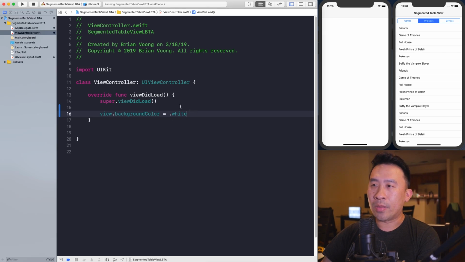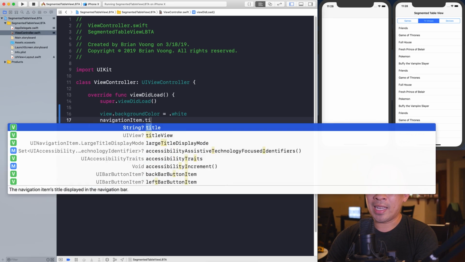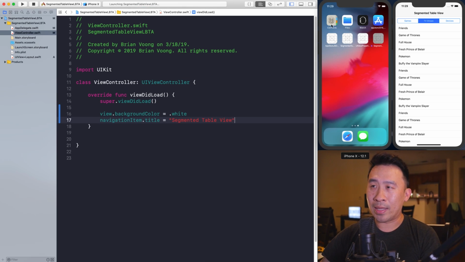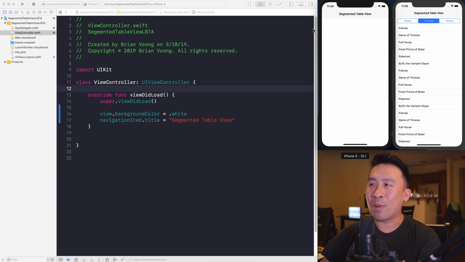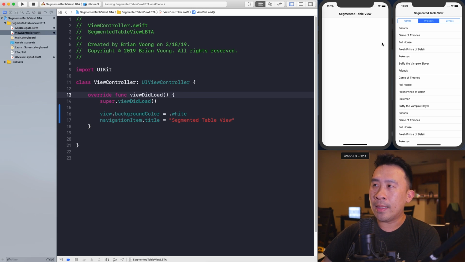And last thing I'll do before I wrap up on this navigation controller is to introduce the title, just to make things clear as to what the heck we're doing. So navigation item.title equals, let's see, spell this bad boy out here, segmented table view as 2 words. And you can try to run this again. Luckily my computer is pretty fast, and the run process is pretty quick here. All right, so segmented table view is our title,